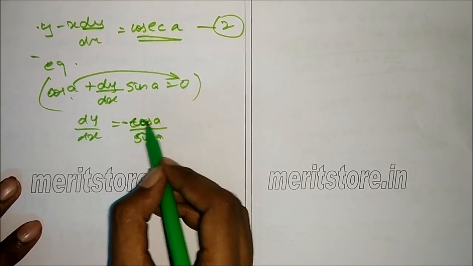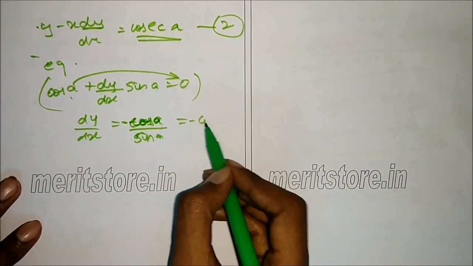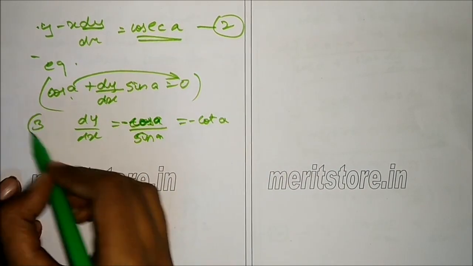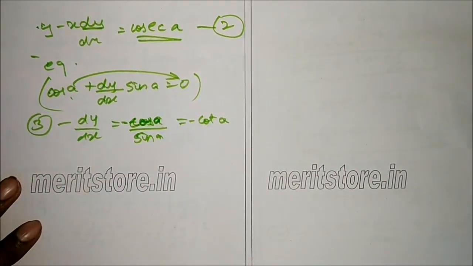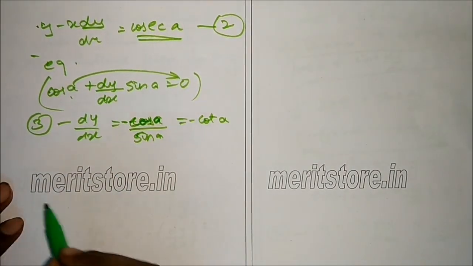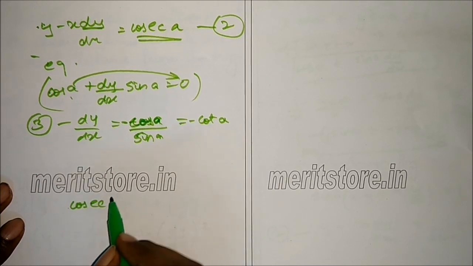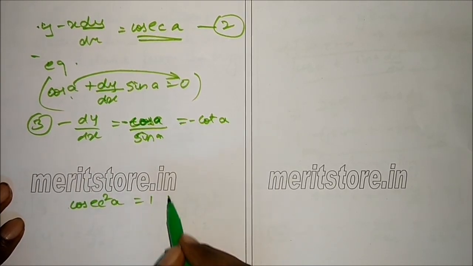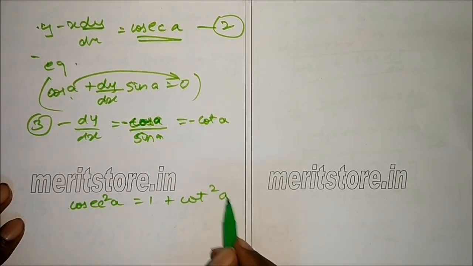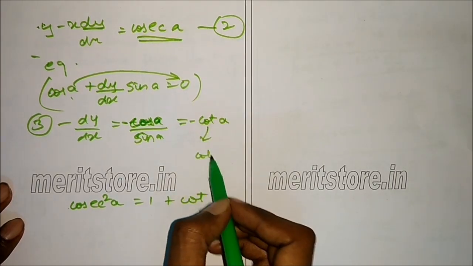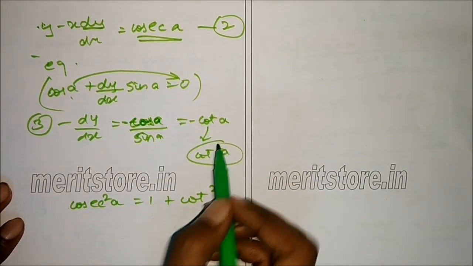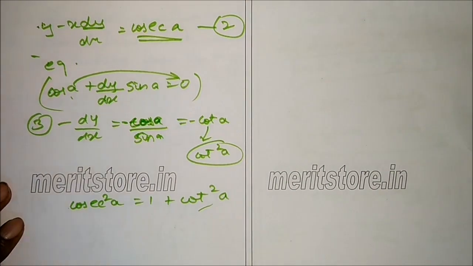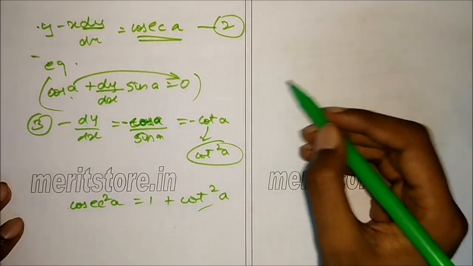Now, cos A by sin A is cot A, so this will be minus cot A. Let this be equation 3. Now we know that cosec square x is 1 plus cot square x, so we'll be using this formula here. So cosec square A equals 1 plus cot square A. Now square of this term is again cot square A. So we'll be substituting the values. We get